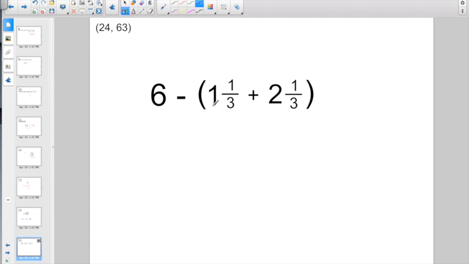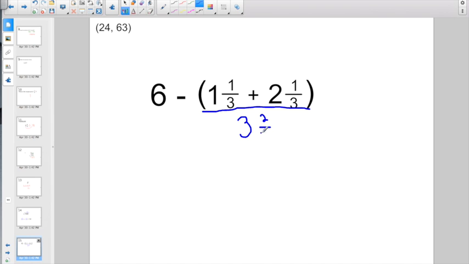Check out this one. The biggest mistake I'm seeing here are people who don't go and double check everything, and they just do one half of the problem. You do the work in parentheses first, but don't forget about the second half of the problem, right? 1 1/3 plus 2 1/3, that's pretty easy. I think I can do that mentally. I end up with 3